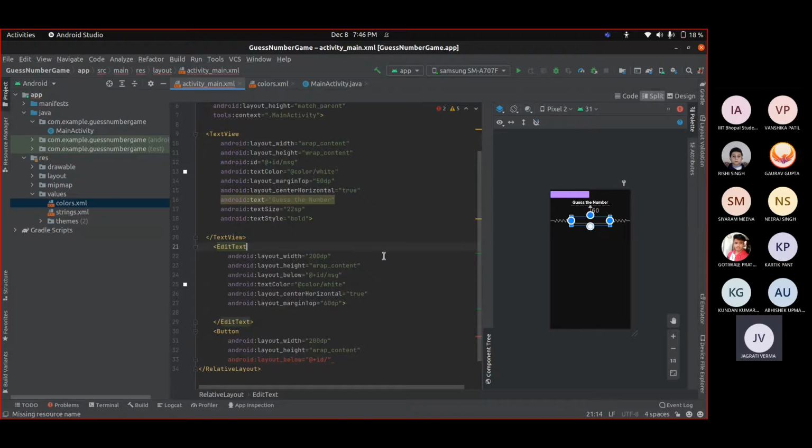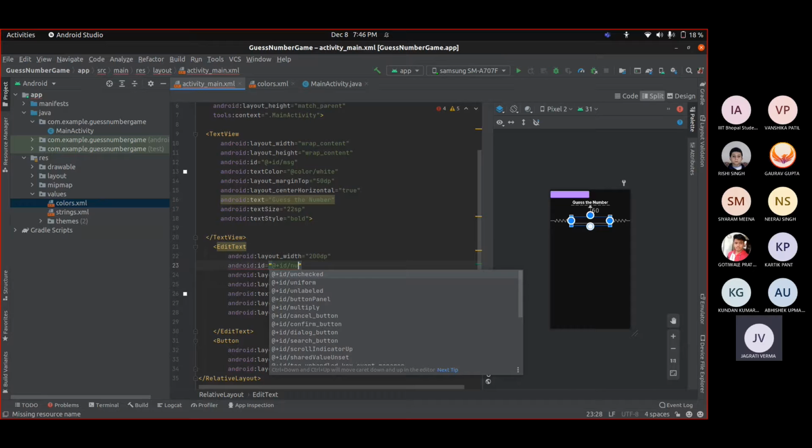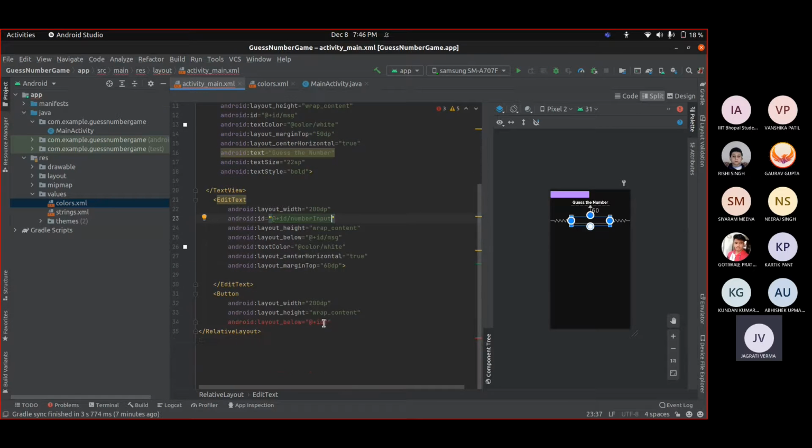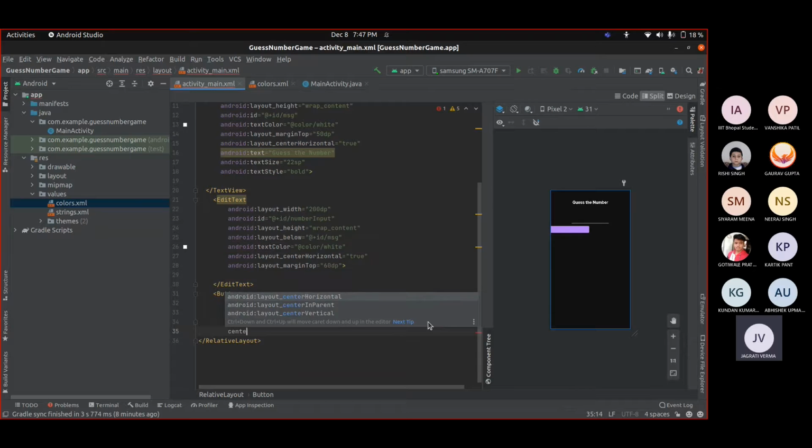Okay, just give this ID as numberInput, as we are going to input the number that the user types. While giving the ID and giving the function name, we should use camel case, that is, we should start with a lowercase letter and then use an uppercase. So type here center horizontal as true, same as before.